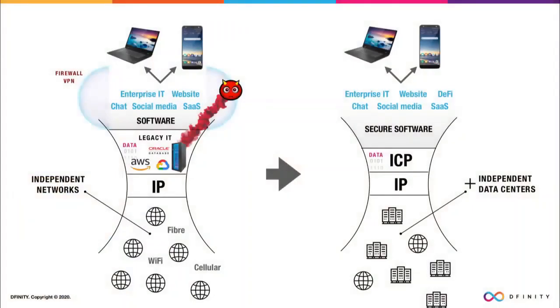The internet is created by a protocol called IP, and it combines independent networks to create a global public network. But the internet only does connectivity. So to create enterprise systems, internet services, websites, and so on, we build on top of a proprietary layer, a sort of legacy IT stack that is composed from things like clouds, databases, web servers, middleware, application servers, and all those other accoutrements. It's not very secure, of course, so the legacy stack also includes things like firewalls and VPNs,